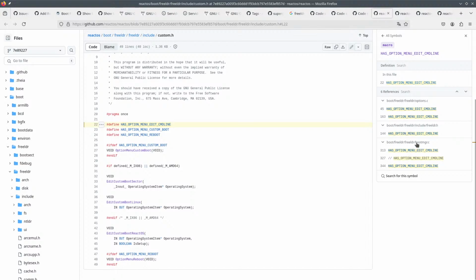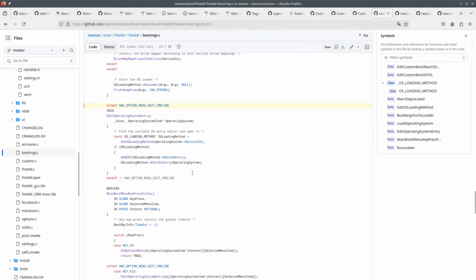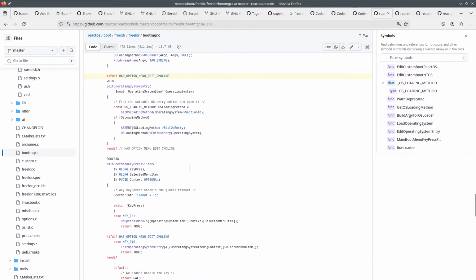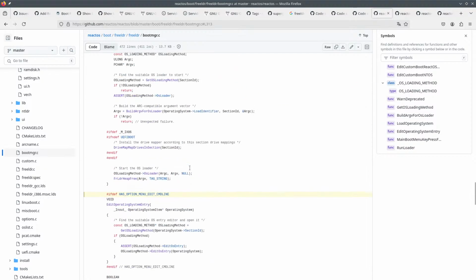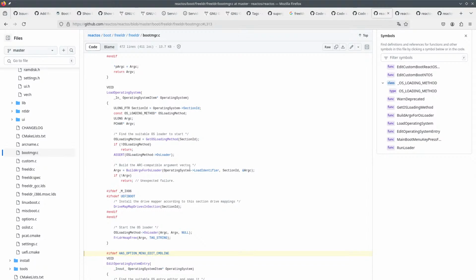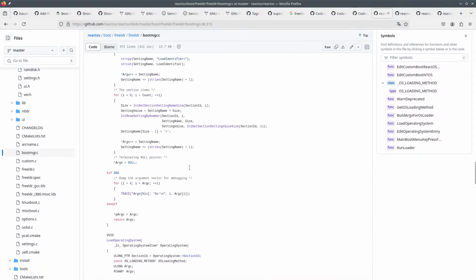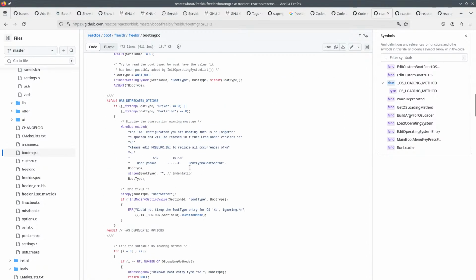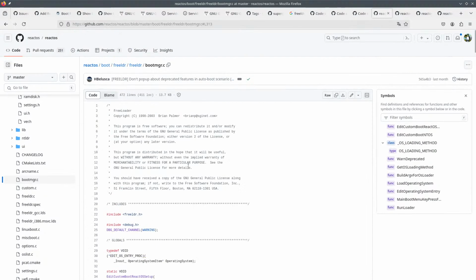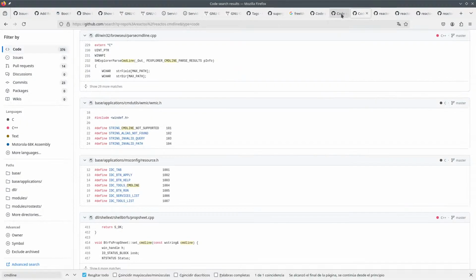Boot manager.c. Let me take a look at here. UEFI boot start the OS bootloader. Won't be able to find this in the source code, so hopefully someone can answer me from the ReactOS guys.